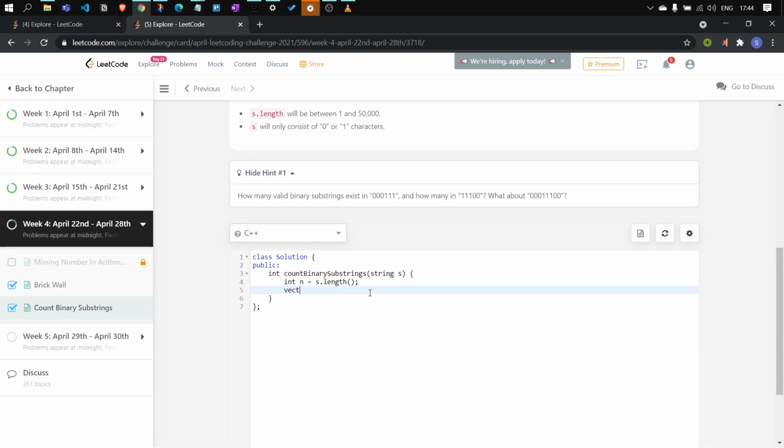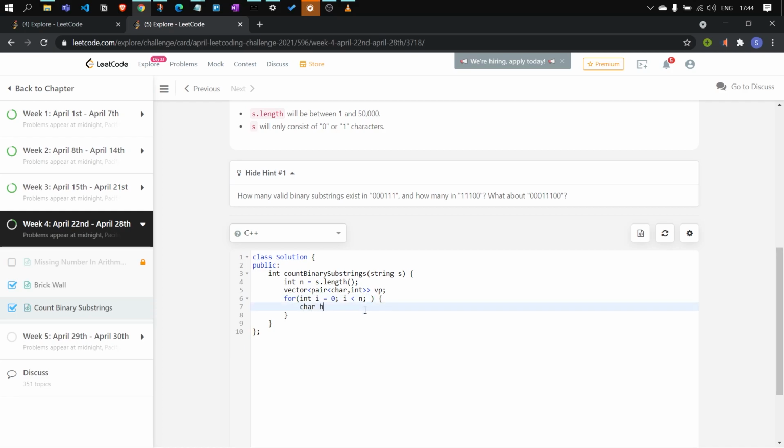For that I'll be defining a vector of pairs of char and int. The char will be telling me which character is being represented now, and the int will be telling me how many times it is being repeated. So let's traverse it. Let's travel the string once and keep on adding. I'm not giving the updation statement here because inside it I'll be giving it.